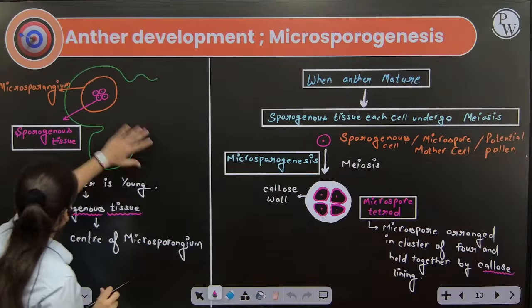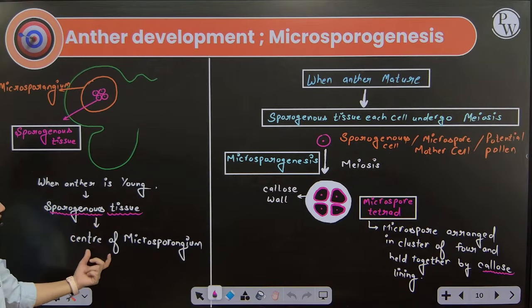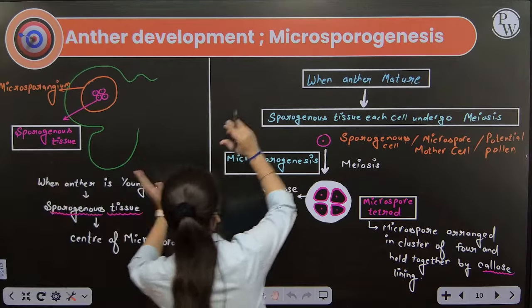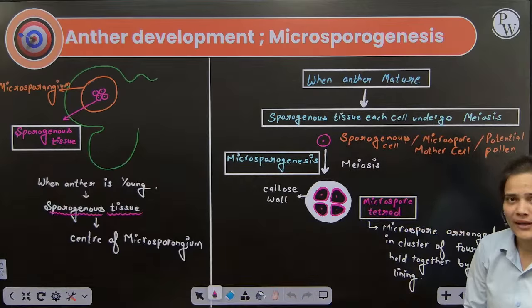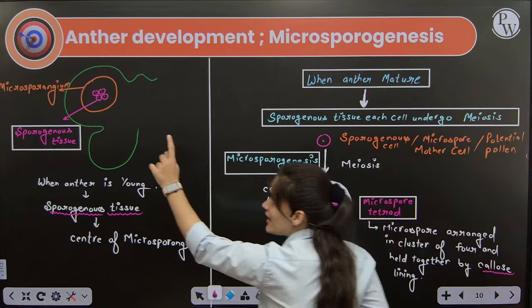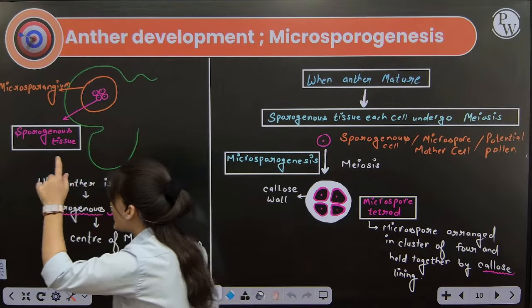This is the condition when the anther is young. Sporogenous tissue cells occupy the center of the microsporangia. Now, what happens when the anther starts to mature? When the anther starts to mature, these same cells, sporogenous tissue cells, which are diploid cells,